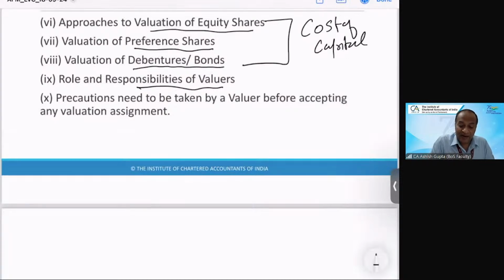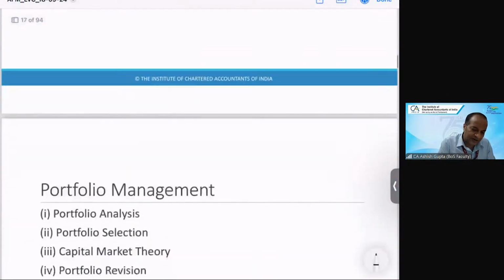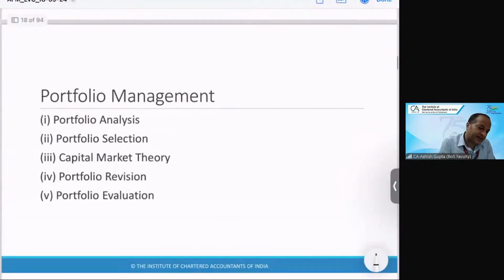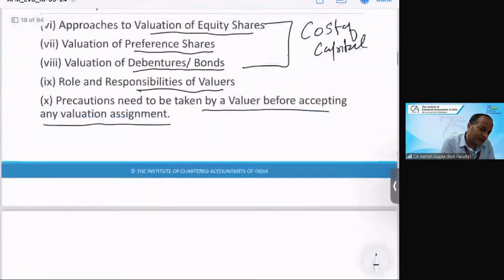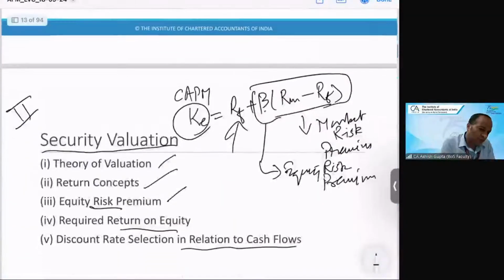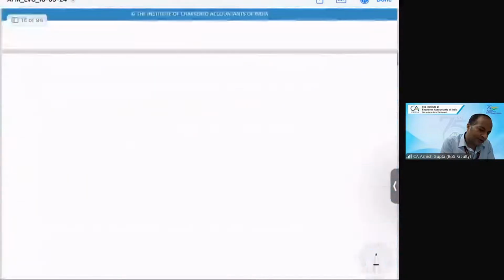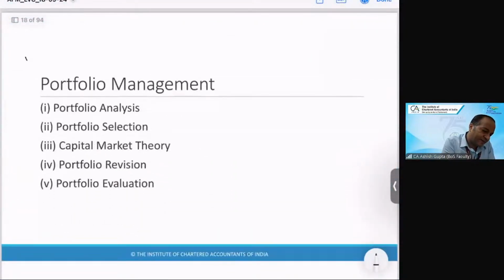When we have to acquire a company by purchasing its shares, you have to see whether it's justified or not. Even the valuation of a business has become important in divorce proceedings, because of the claim by the spouse on the business. Next come the precautions to be taken by the valuer. So all these theoretical aspects are here. Now, this topic was again a section 2 topic. I am coming to the last topic of this section, that is section 2,